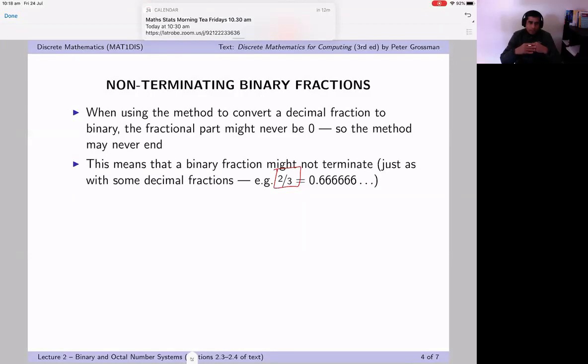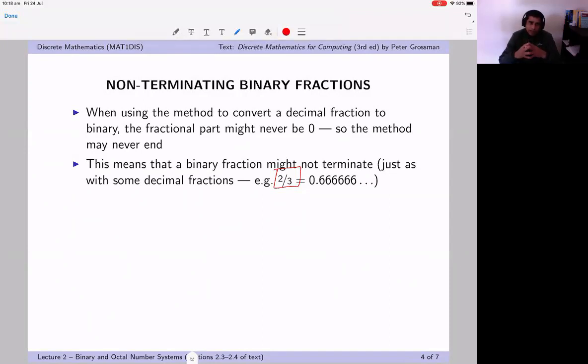And in today's lecture, we'll go beyond binary and we'll do expansions in base 8 as well. We call them octal. The process stays the same, whatever we're doing. Okay, so what I was talking about at this time is that some fractions never end, and those fractions are called non-terminating